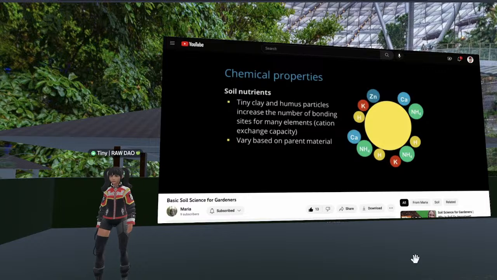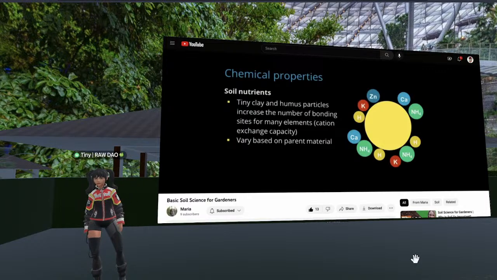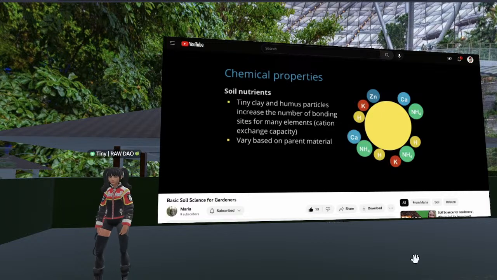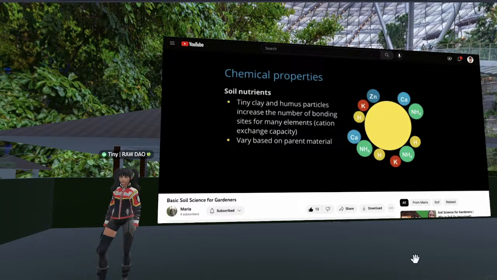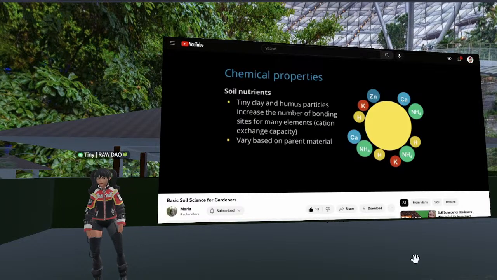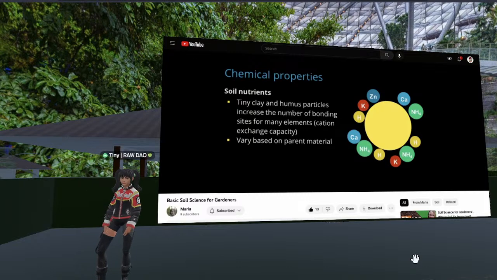The texture of your soil and the amount of organic matter that's in it can affect the amount of nutrients that a soil will have. Smaller particles will have more surface area, so clay and humus particles, remember, humus is fully decomposed organic matter, can hold on to a much larger number of elements. There are many challenges in gardening in soils with too much clay, but soils that have some clay or organic matter are going to be able to provide more nutrients to plants. This is a major reason why adding compost or increasing the organic matter in your soil will improve the productivity